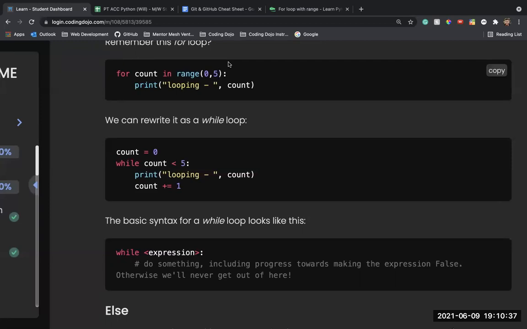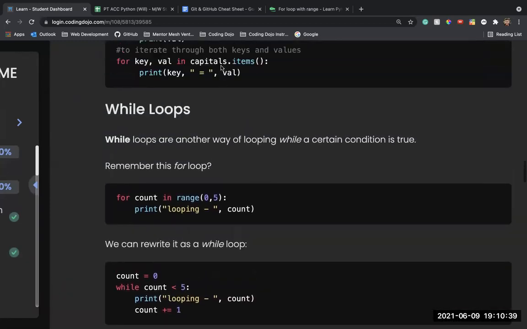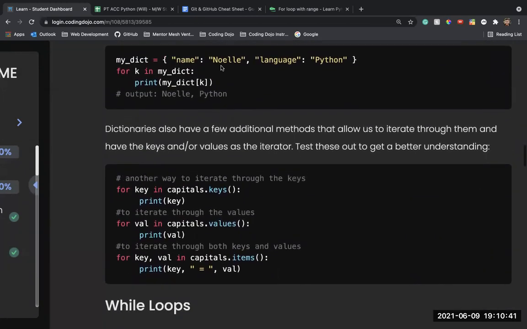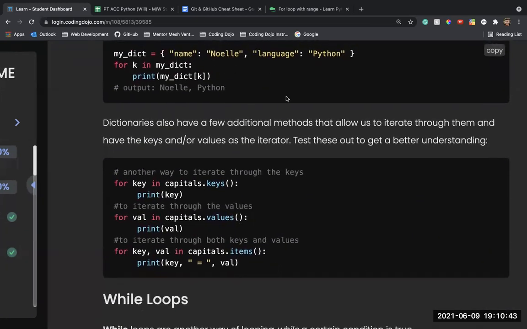Can you scroll back up to the objects real fast? So right here, dictionaries, it says with these methods and these keys, capitals.keys, capitals.values, capitals.items. Is this not what John was talking about with the dot notation? No. This is a built-in method on a dictionary.